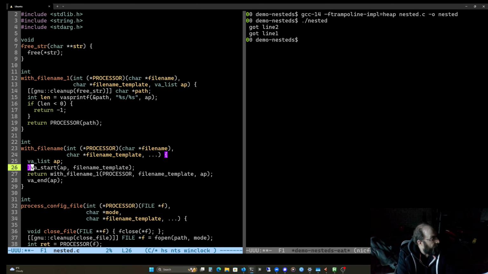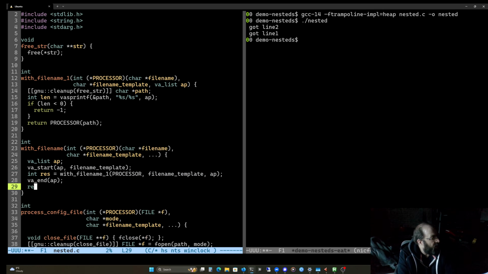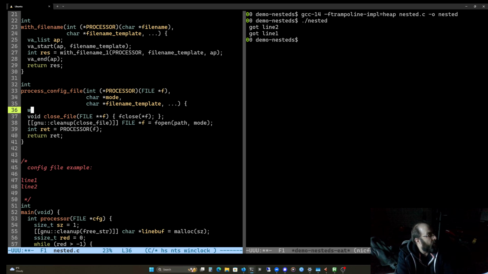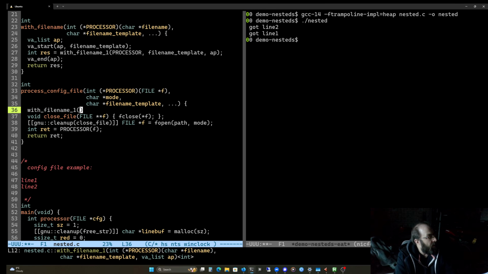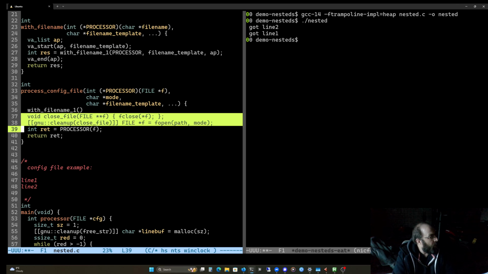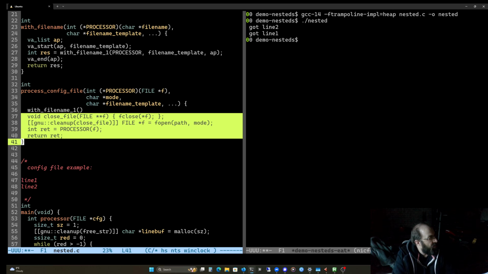And we need a result temporarily, don't we? So now we can call with file name from other things, but we can also call with file name 1 from here, and this will be all wrapped up in yet another processor.